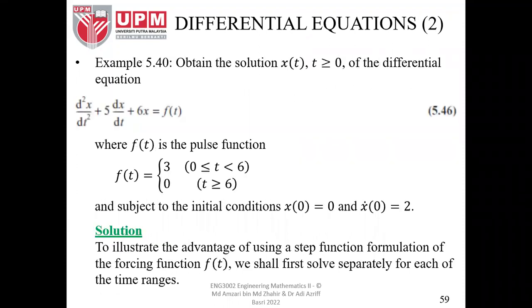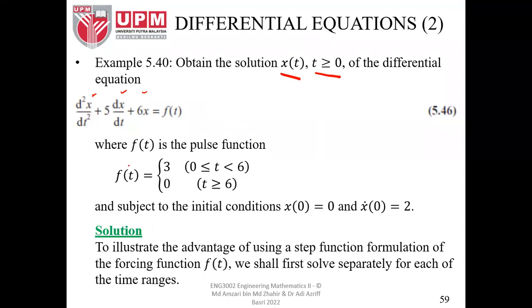Okay, so for example, in example 5.0, we obtain the solution x(t), for t starting from 0, of the differential equation. So this is the differential equation. We have a second order differential equation: d squared x over dt squared plus 5 dx/dt, the first differentiation, plus 6x, equals f(t). From this question, we know that f(t) is a pulse function, or limited by two conditions,